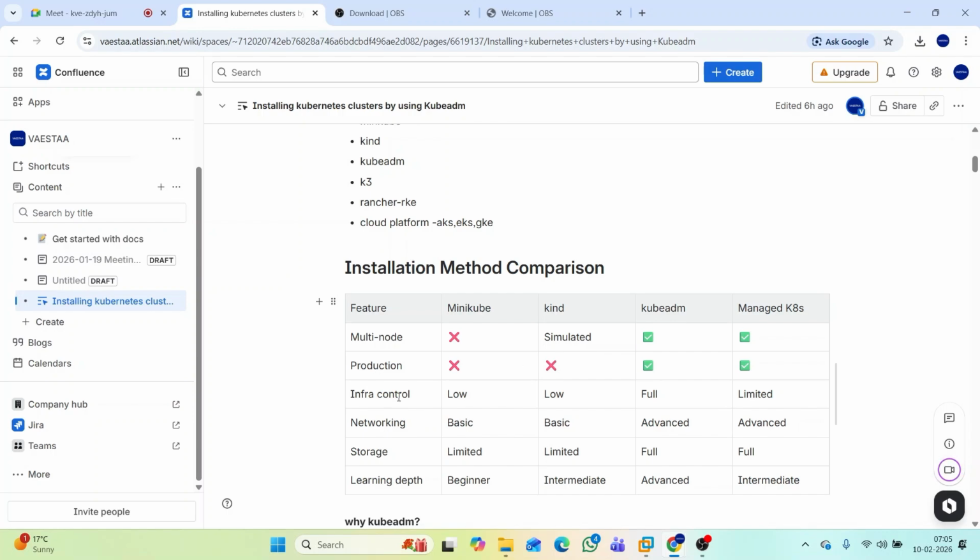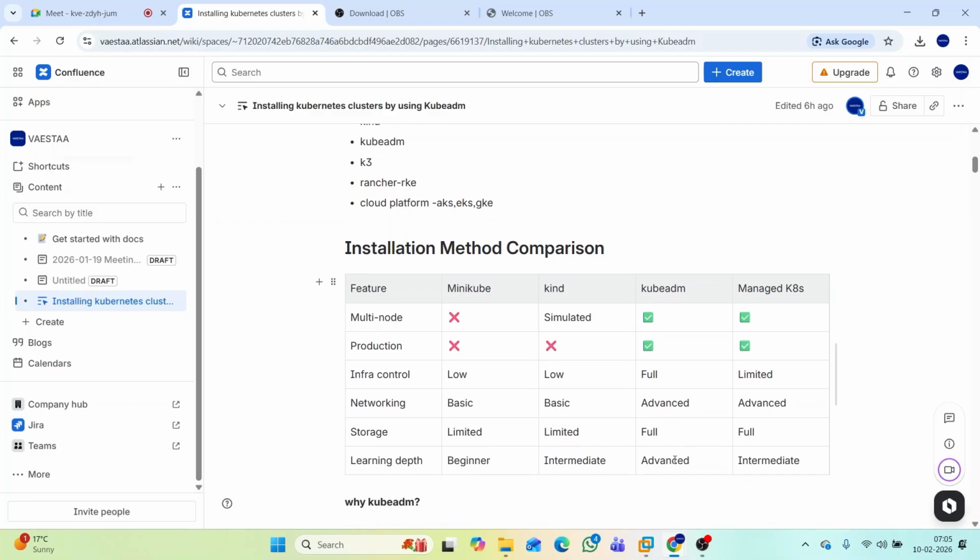Complete infrastructure control will happen in Kubeadm. It's fully controlled. And the networking part is also going to be advanced, and the storage part is also going to be full. So you can learn in depth by using Kubeadm, if you're going with Kubernetes. If you want to know more detail about Kubernetes, let's say in future you're going to work on Helm, or on storage classes, or on networking related services, I think Kubeadm is the best part. Okay, is that clear,